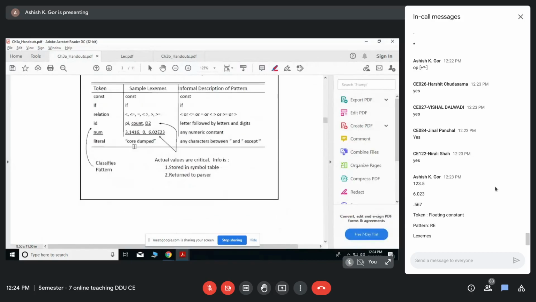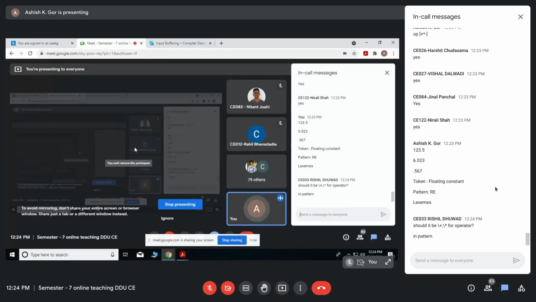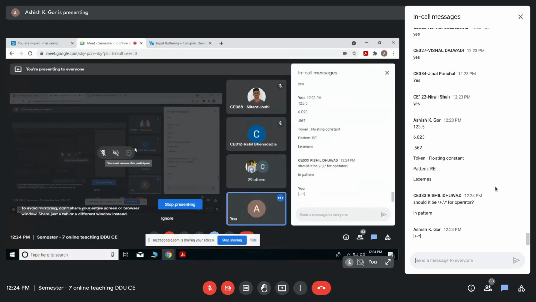So I hope all three concepts, token, pattern and lexeme, are clear. Rishit, even if you write plus directly in the pattern, it would be okay. But one thing I want to tell you: don't write plus dash star like this. This is not going to work. Why? Can somebody tell me?